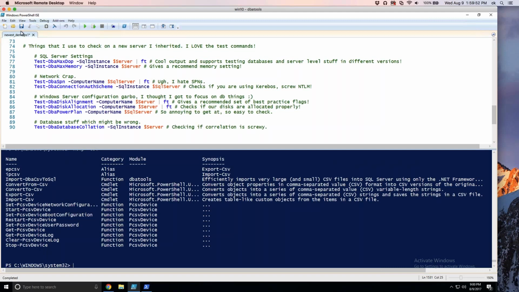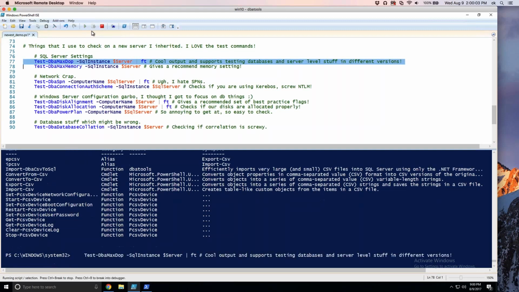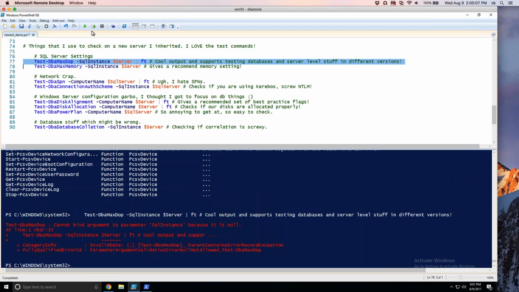So let's start talking about testing things. So not the most amazing commands, but ones I really love. Test-DbaMaxDop. So if you've ever had a conversation about max DOP, oh,